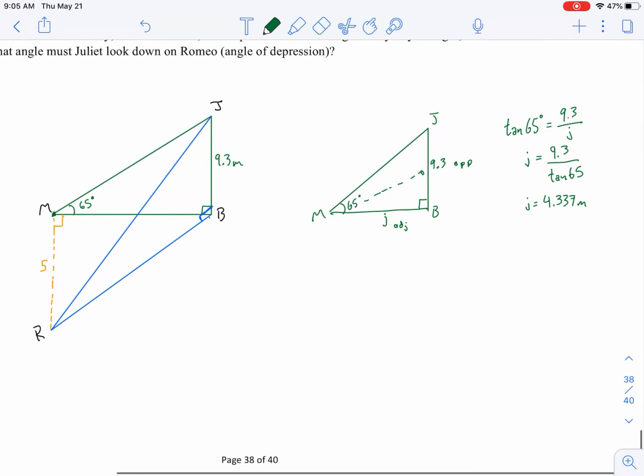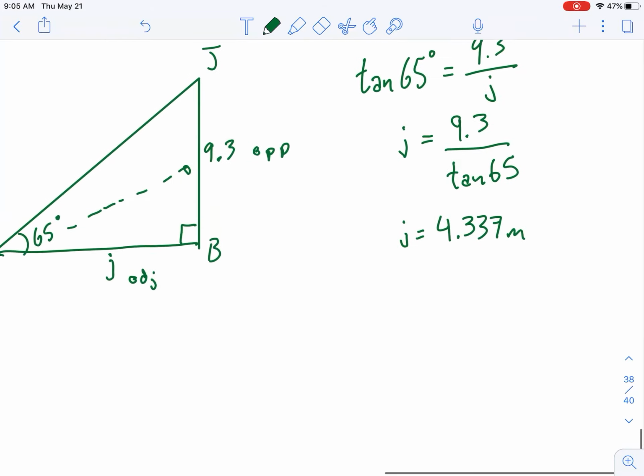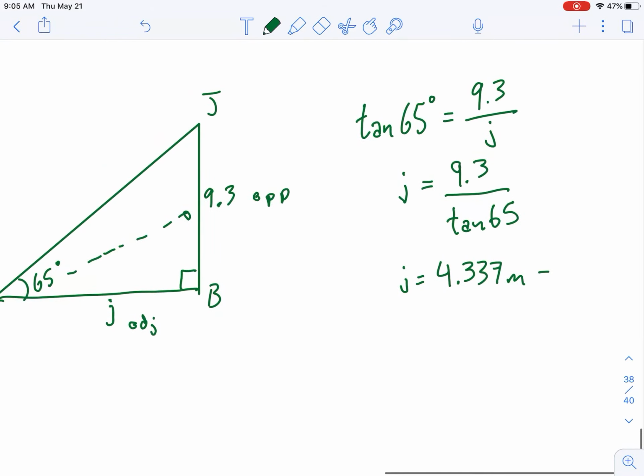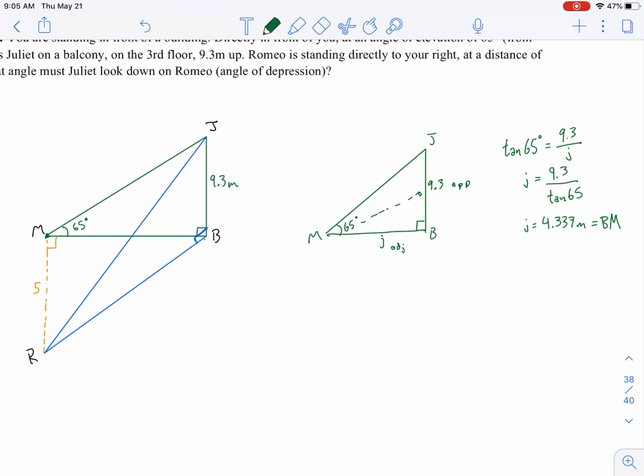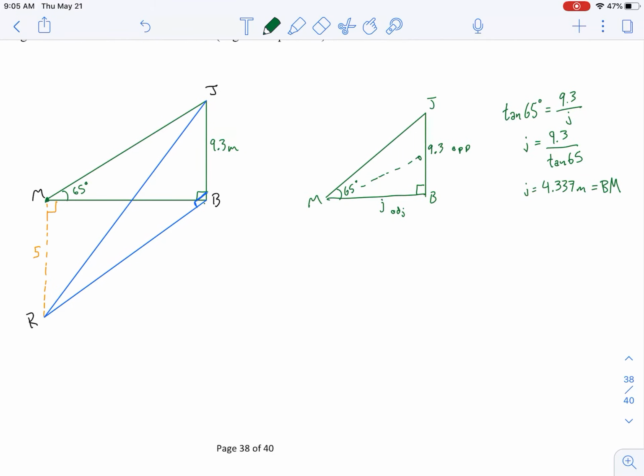I'm going to keep an extra digit just because it's very early, so the calculations are going to try to be a little more accurate. That is side length J. Notice that this is also a side length. I'm going to call this BM, just because there is no J in the next triangle. So if I take a look at this next triangle, let's say this orange triangle,